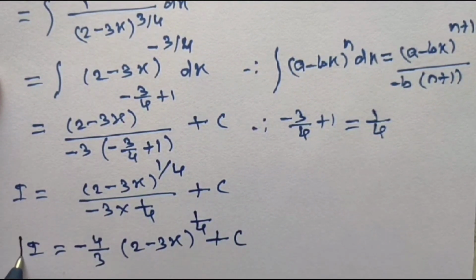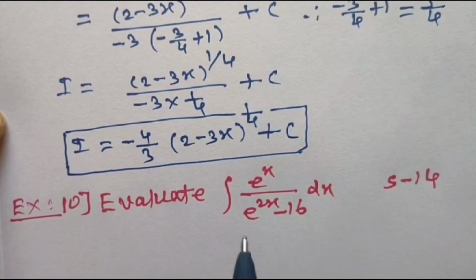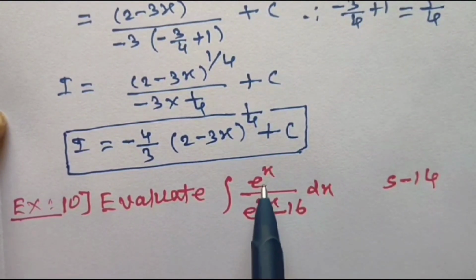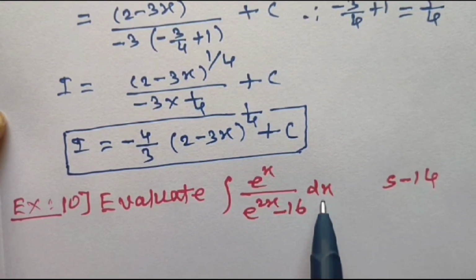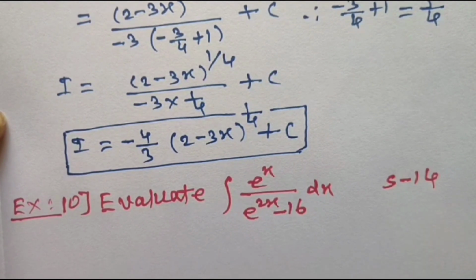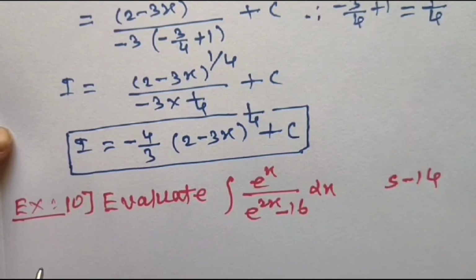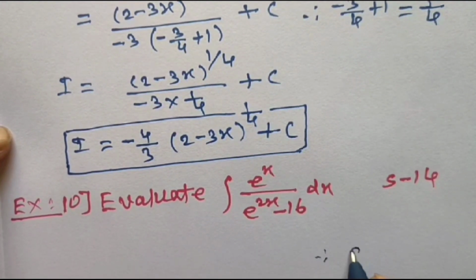And this is the solution. Let us solve the next sum. Example number 10. Evaluate the integral of e to the power x upon e to the power 2x minus 16, with respect to x. This sum appeared in summer 2014 for 2 marks. So to evaluate this integral, you know this formula, laws of indices: a to the power m, to the power n,